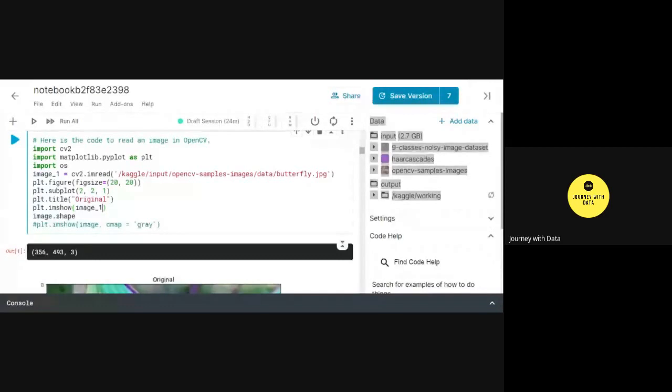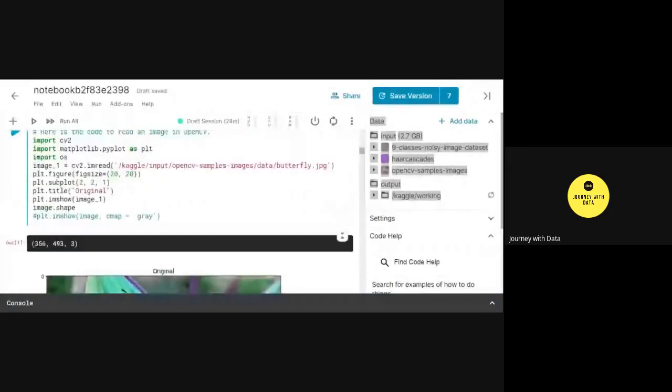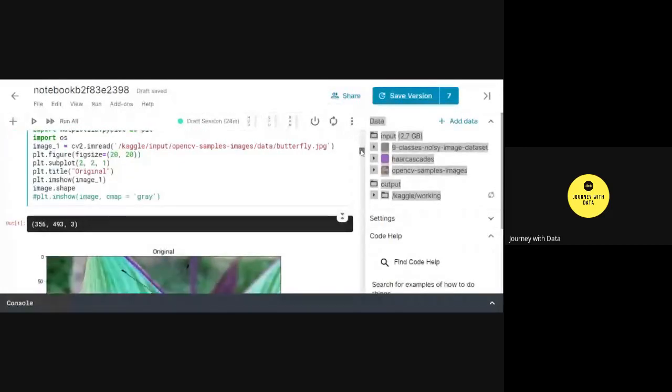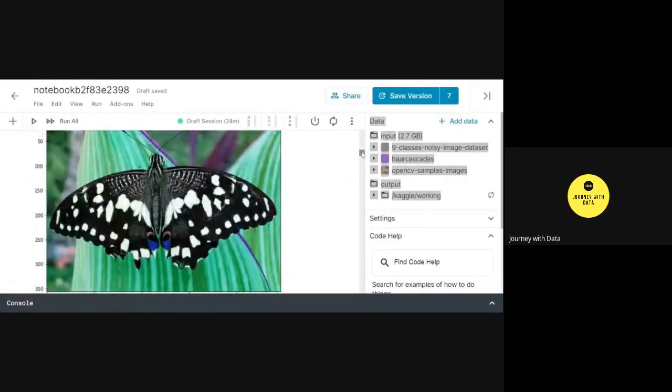And then the code. If you notice, the output of this code is nothing but a beautiful butterfly image. So that's how we display an image. That's how an image is being read. So I took a directory, I read an image using the OpenCV method cv2.imread, and then I displayed it using the plt.imshow method. That's the basic thing I did.